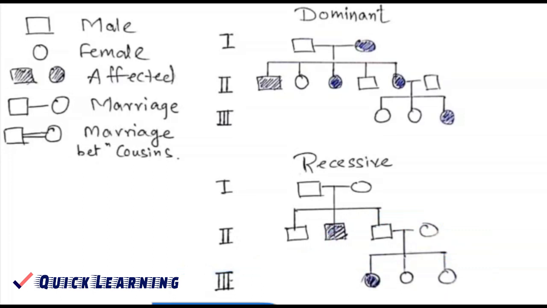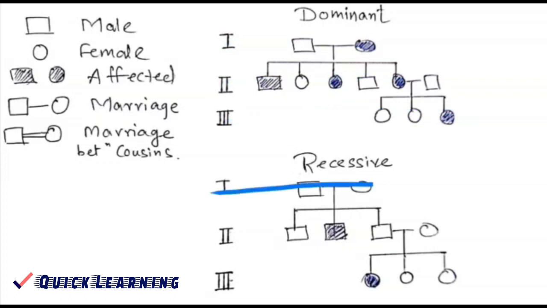In the 3rd generation, the first daughter is affected, the second and the third are not affected. Now, if you want to draw this, I'll just draw it somehow like this. Again, this affected to this, affected to this, affected to this. Again, this affected to this, affected to this. Something like this, I can make it directly aligned. So in this case, you can observe that in each generation there were affected people present. I repeat, in each generation there were affected people present.